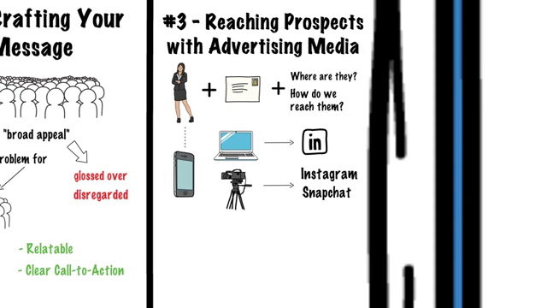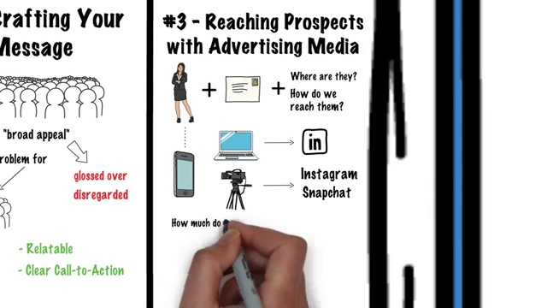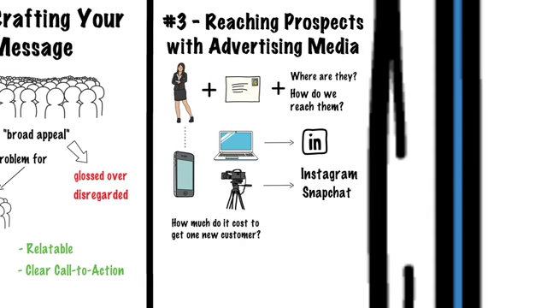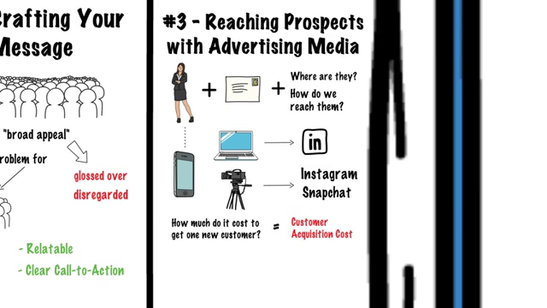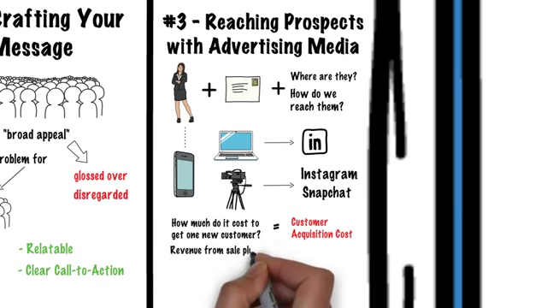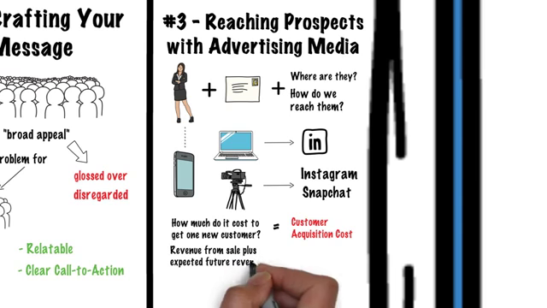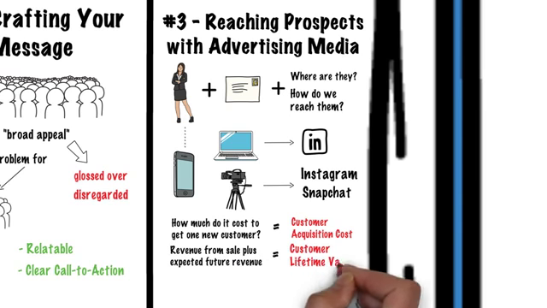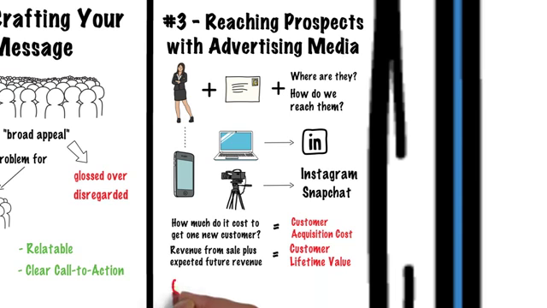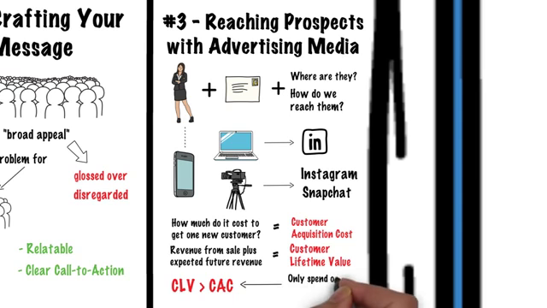Equally as important as finding these customers is knowing how much money it costs you to do so. This is your customer acquisition cost. You'll then compare this number to the additional revenue you make from each sale, as well as all the revenue you expect to make from this customer in the future. This is your customer lifetime value. It's really worth taking the time to understand these two numbers, even if there are multiple touch points throughout your sales cycle. Knowing these numbers allows you to only spend money on campaigns you know are delivering maximum value.